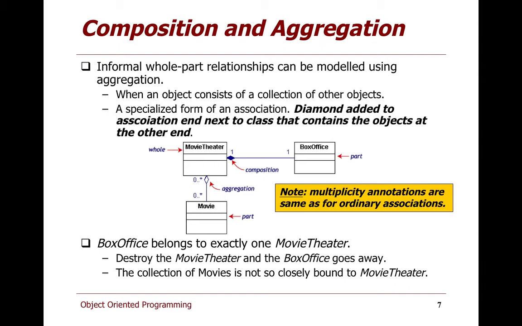Now, you could argue that I need a box office outside of, I don't know, a town hall, for example, for a game of bingo or something like this. That is true. However, when used within the context of a movie theatre, that specific instance of a box office belongs to that and only that movie theatre, i.e., that box office should be completely encapsulated inside the movie theatre.